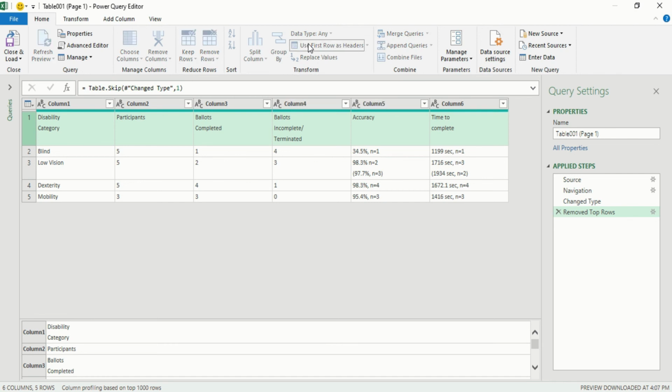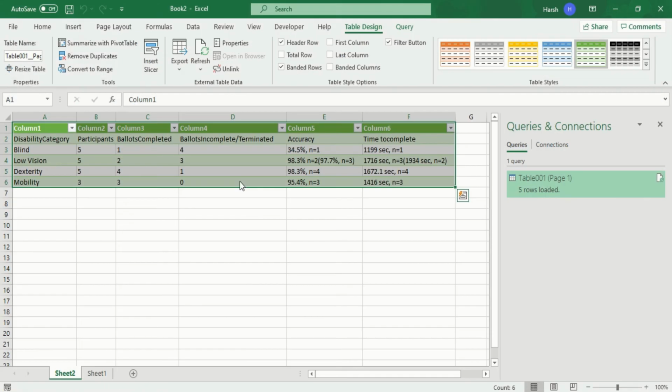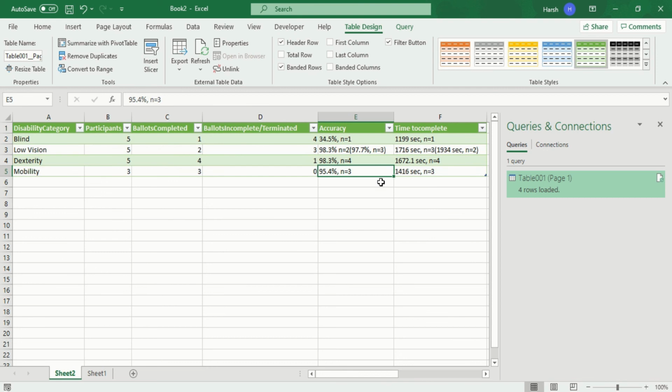Just click on this option and now you will see it has become a header. Again just click on close and load. Now you will see the table has changed and the headings have become the table headers. So now the table is ready for use.